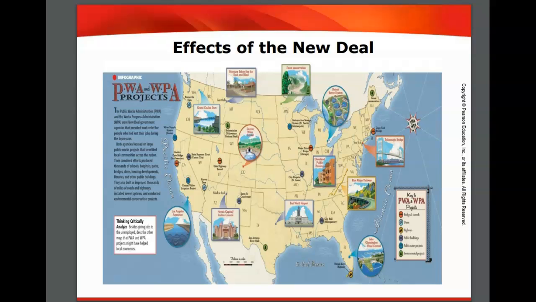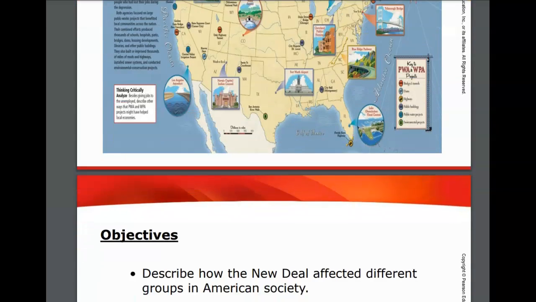So what we're taking a look at here in 9.3 are the effects of the New Deal, and what we mean by that is specifically what kinds of groups were largely affected by the New Deal. Remember, the New Deal did not get the country out of the Great Depression, nor did it help all people. There were plenty of programs that did fail, plenty of groups of people who were not affected by the New Deal at all. It took World War II actually to get the country moving again out of the Depression.